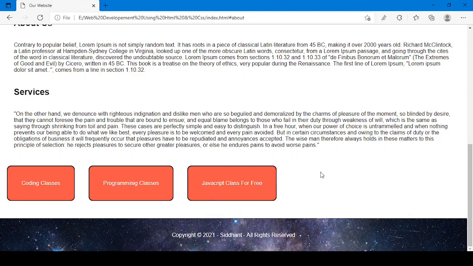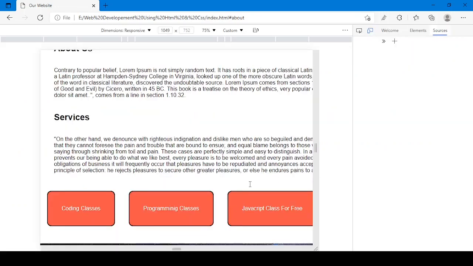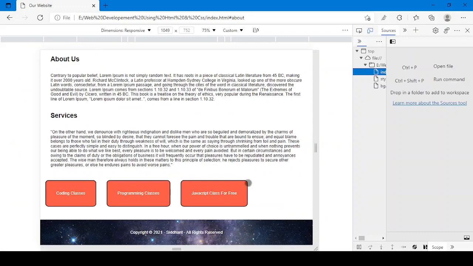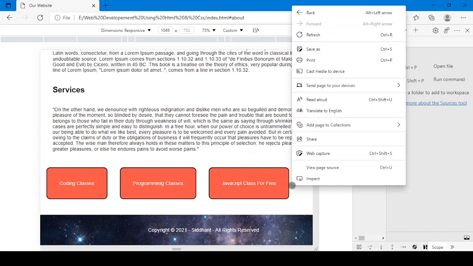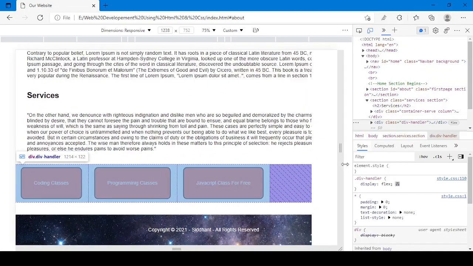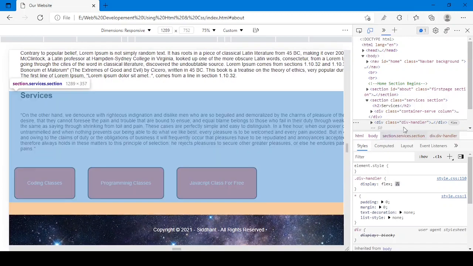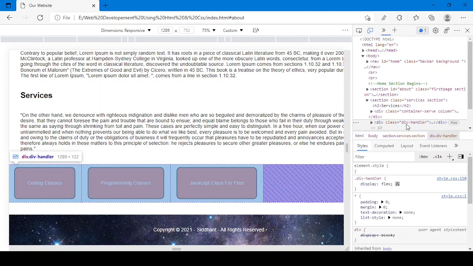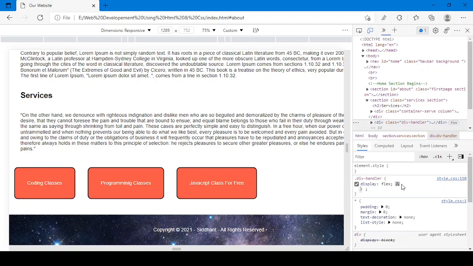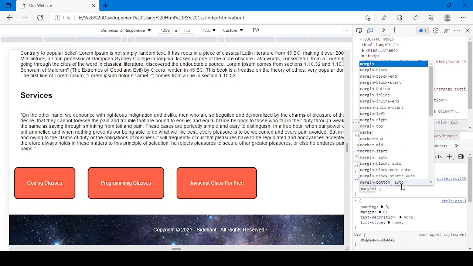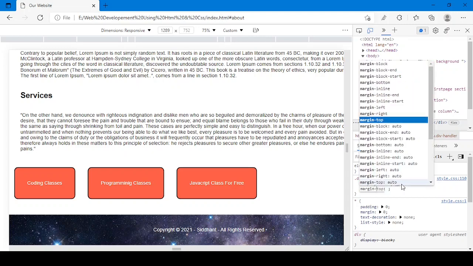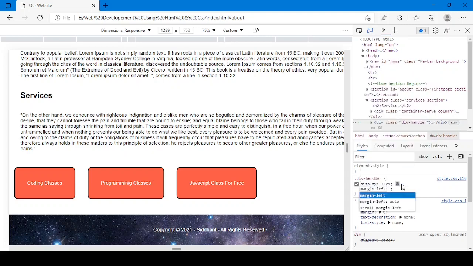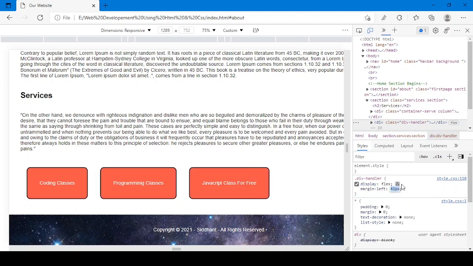So now if I just inspect this one, div.handler, what if I give margin-left, margin from left 3px, and let me increase it.